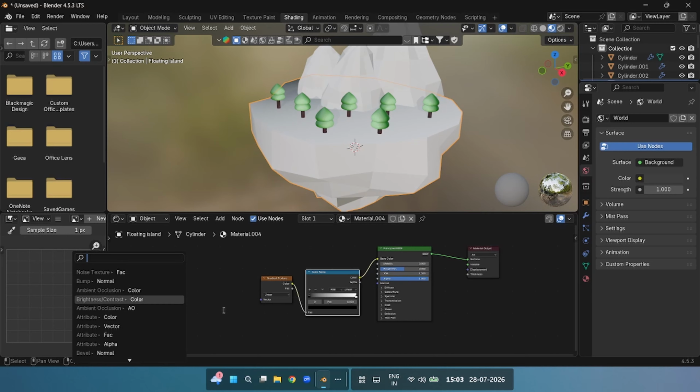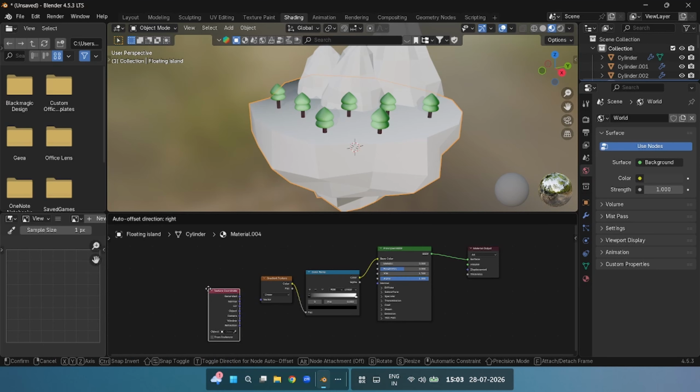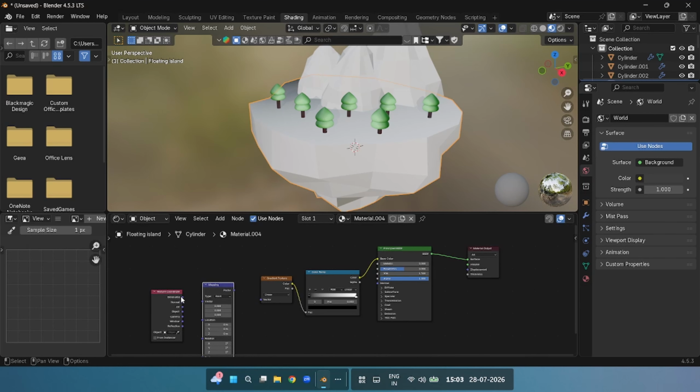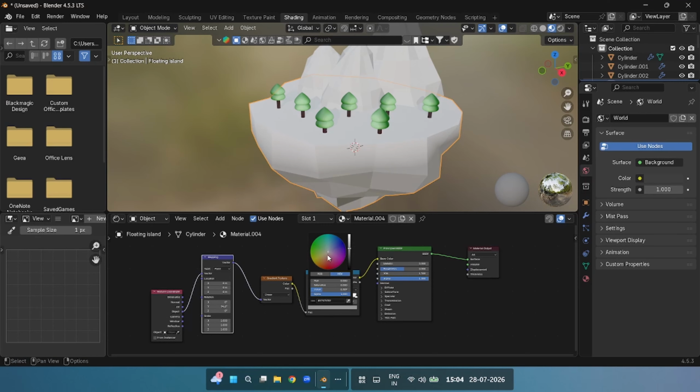We'll add a mapping node. We'll press Shift A on our keyboard and search mapping, and we'll also add a texture coordinate node. Yeah, and we'll plug object to vector and vector to vector, and we'll rotate it a bit like that. Then we'll bring the black color up in the color ramp, and we'll change the color to yellow again,